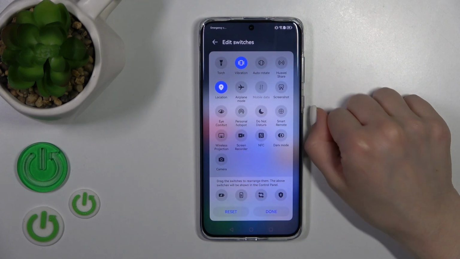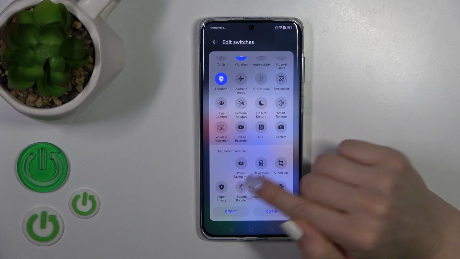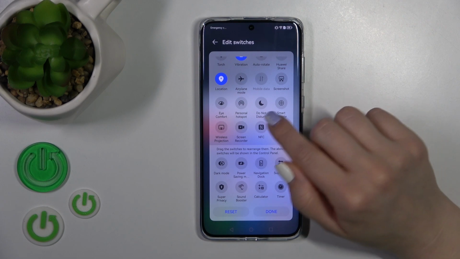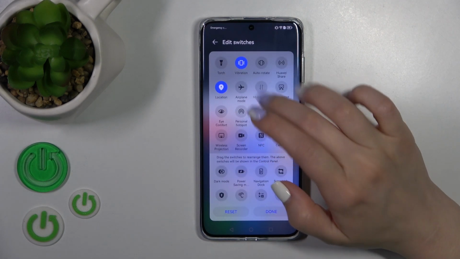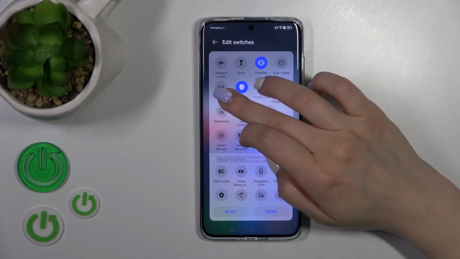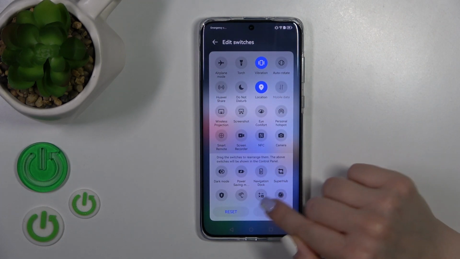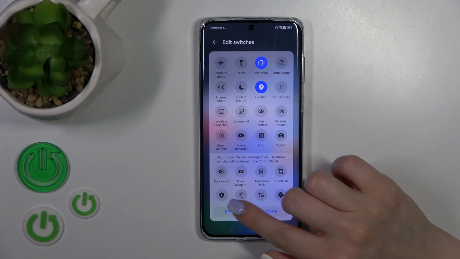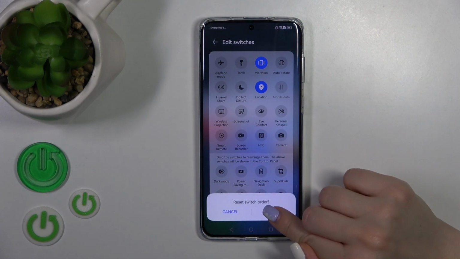To remove some of them from here, in the same way, you should just hold the option and drag it to the lower section. And to change the positions of the icons on the panel, you should just hold it and drag it. As you can see, that's so simple. To save the changes, click done, or if you want to reset all of the changes, tap reset